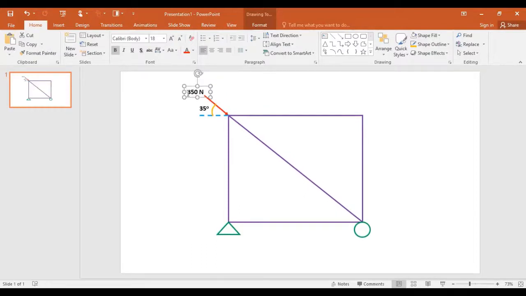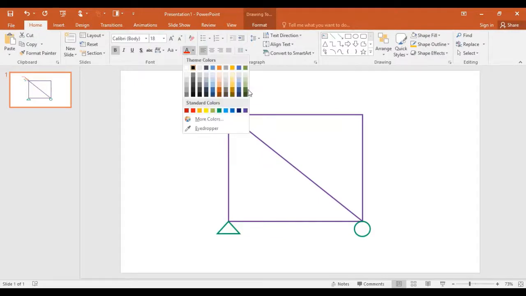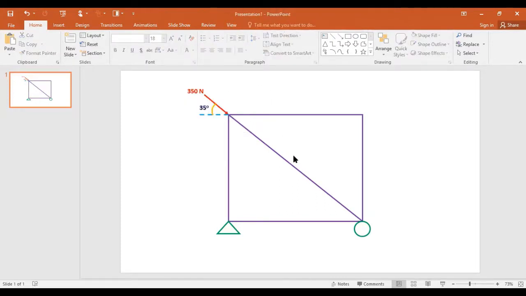I want to change its color also, and I am taking red color. And for the angle, I am taking dark blue color here, so it will look different and attractive.